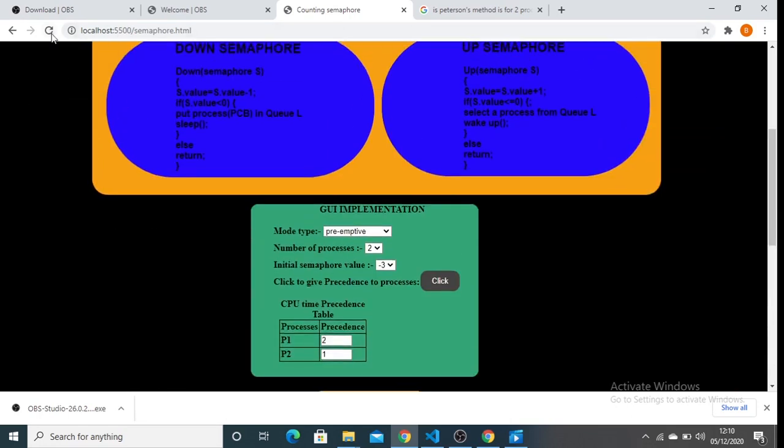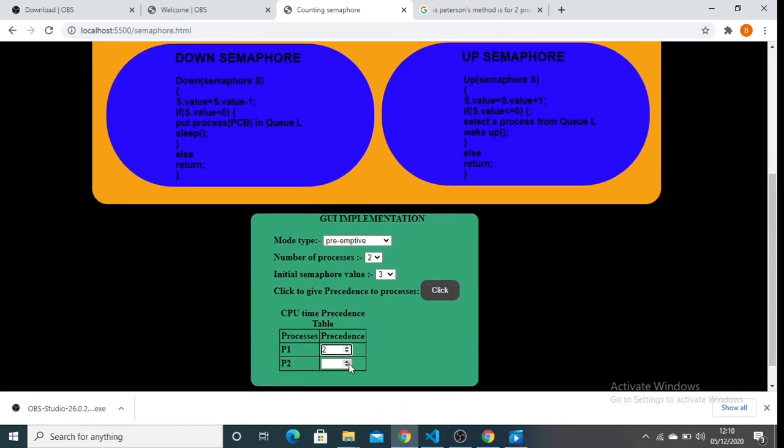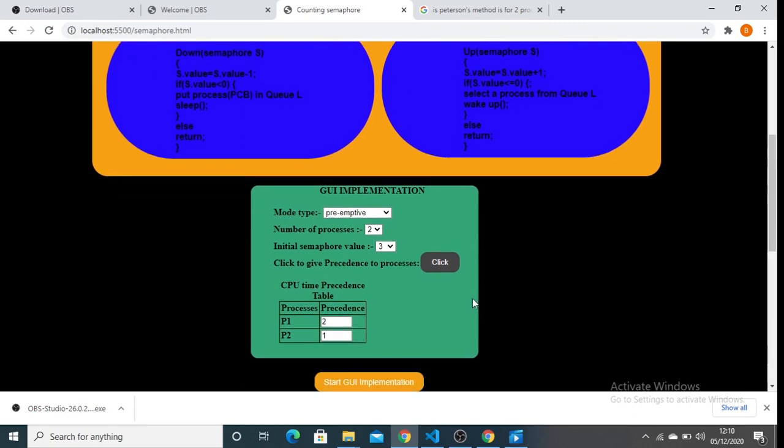Now for the same preemptive method, we will show the semaphore value as positive, and we will give the precedence first, P1 as 2 and P2 as 1, and I am starting the implementation.